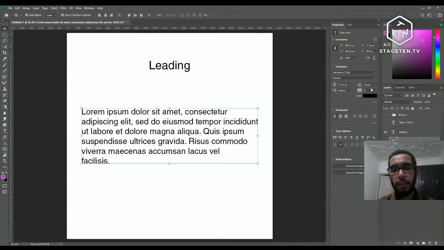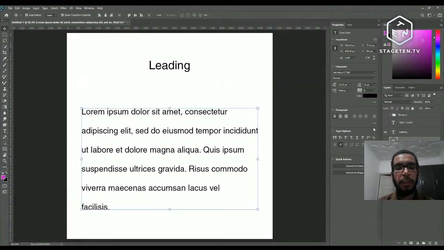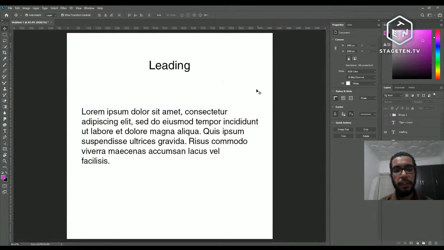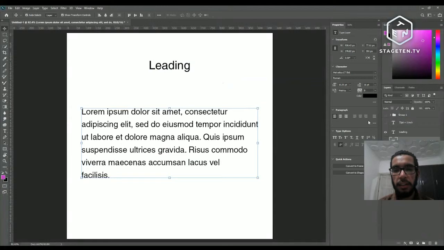So right now it is set to auto. As you can see, if I just make it 9 points, what does this do? This decreases the space between the text, right? And I'll just make it 24 points, so it will increase the space. So neither a very much reduced space nor a great amount of space is recommended. If auto seems good to you, that is perfect. Or even if you want to increase it, you can increase it a little bit,